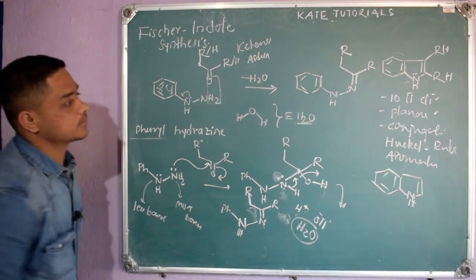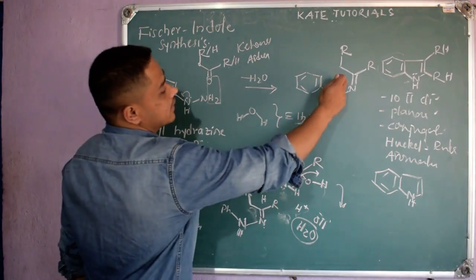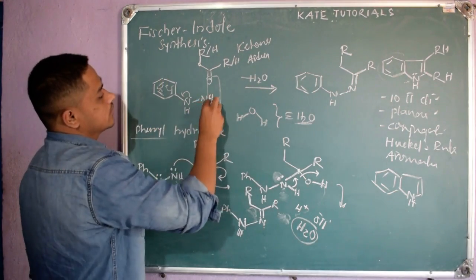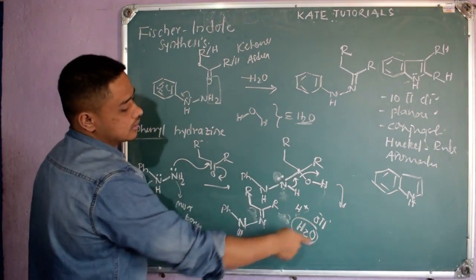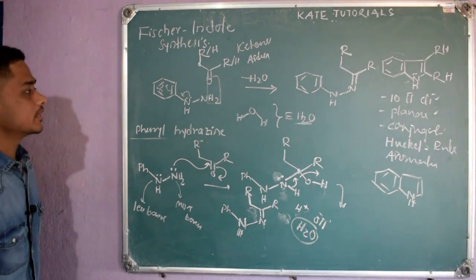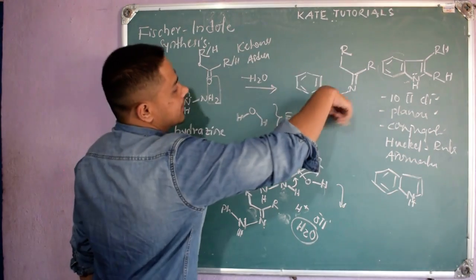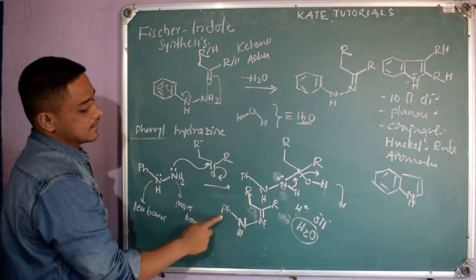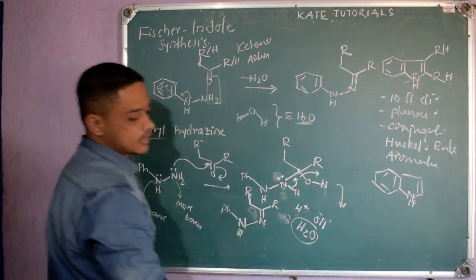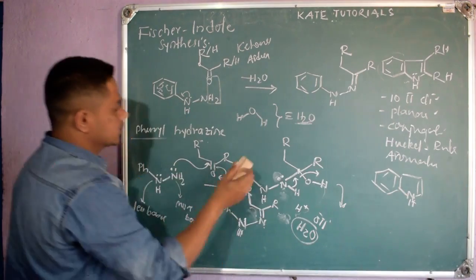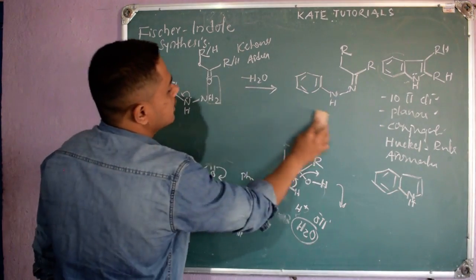Right, so I got this product. This is nothing but the same thing which I directly wrote. I removed this water molecule. How this water molecule was lost, everything you have understood in this step, right? So if I remove it directly, I'll get this product. This product is the same as this thing. Here Ph is nothing but the benzene ring, NH, N double bond C, R, R. Everything is the same. Once you understand this step, let us continue.